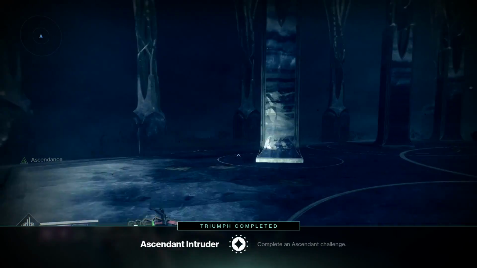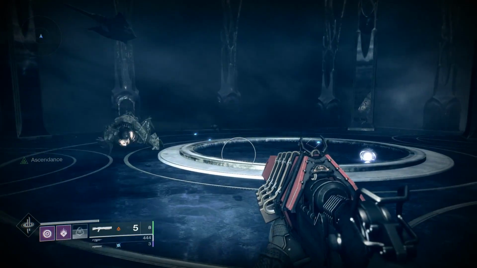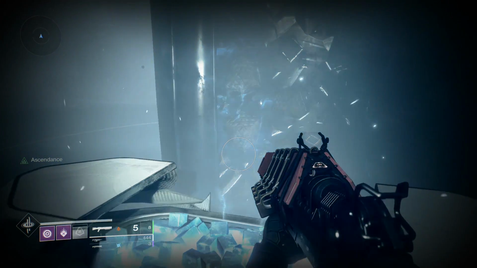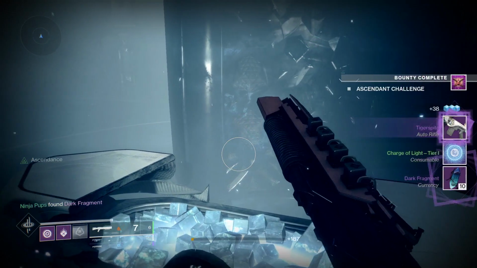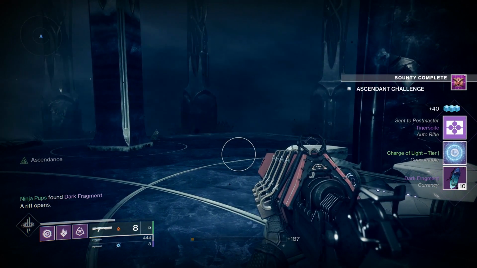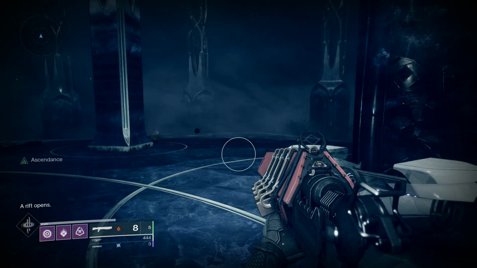After you've completed this challenge by shooting all the crystals, you'll be rewarded with a chest, and you have a chance to get Dreaming City armor or Dreaming City weapons, and a charge of light which can be used in the blind well. Easy enough, right? This is week 1's Ascendant challenge, and I very much look forward to the next ones because this was freaking